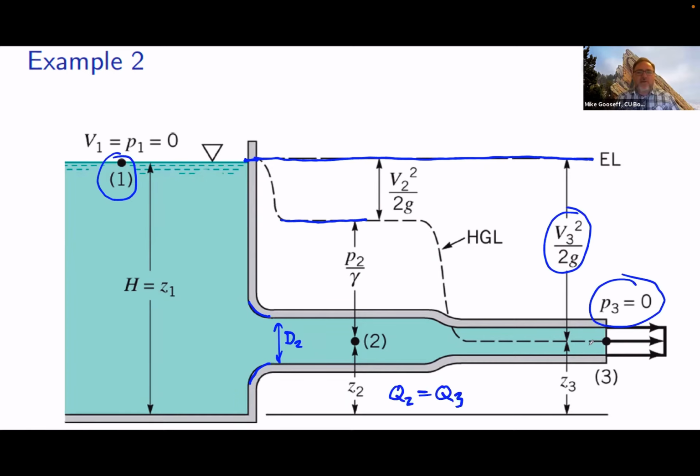When we start accounting for losses, we'll see that that's not really true. We would account for some friction along the length of this pipe. But for now, because we've simplified this case a little bit, we end up with only the potential energy contributing to the hydraulic grade line, and then the total energy is just our potential energy plus the kinetic energy. So EL, remember, is going to be equal to H at all places along here. And the hydraulic grade line changes